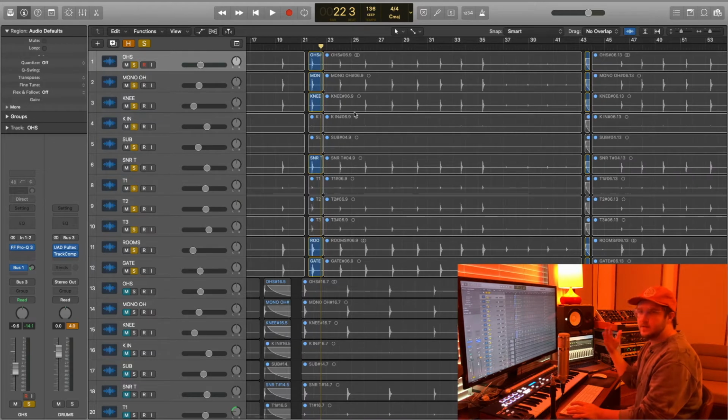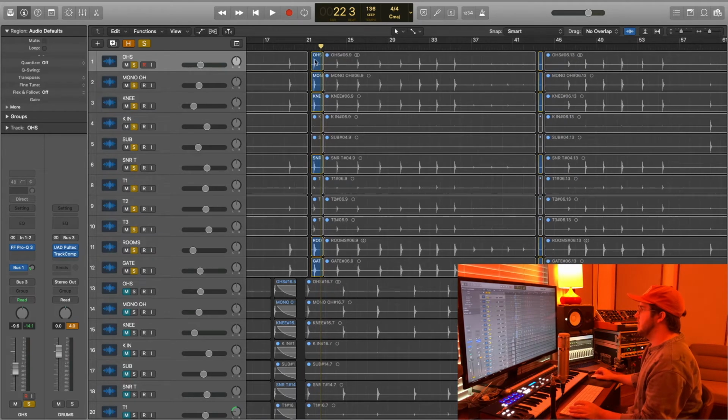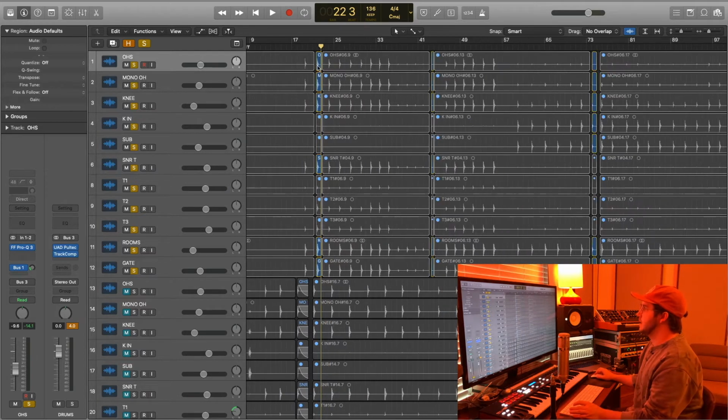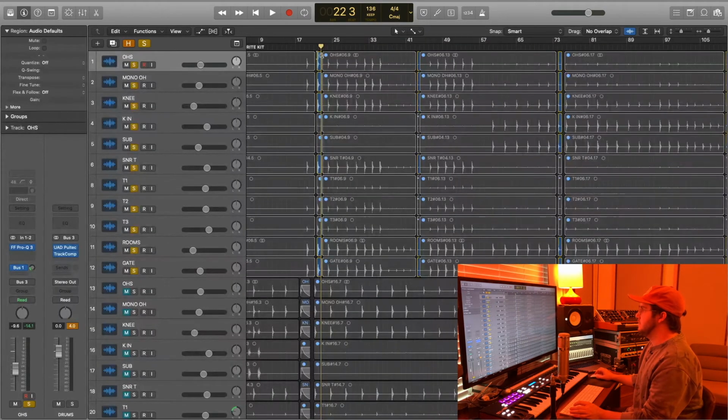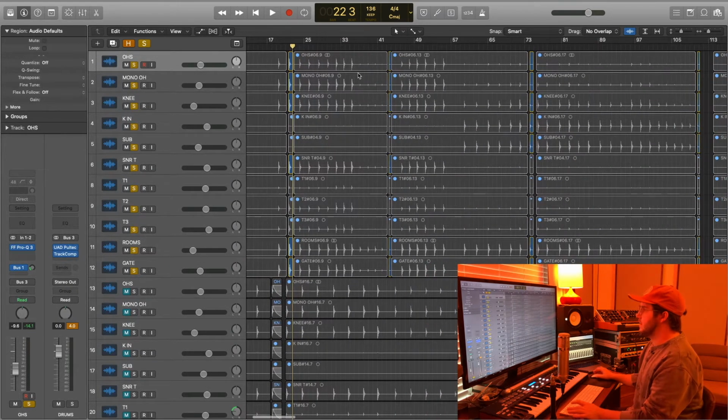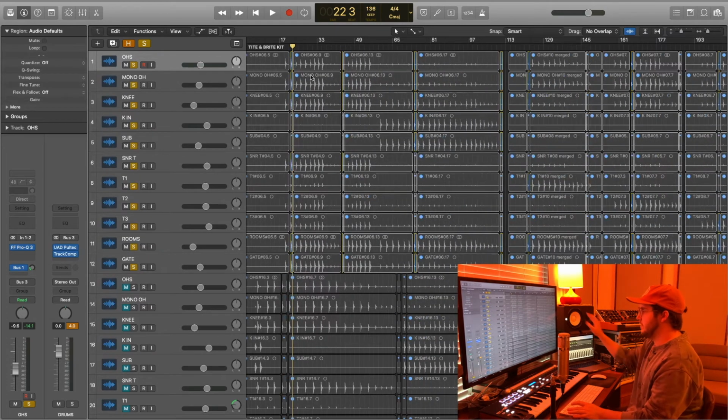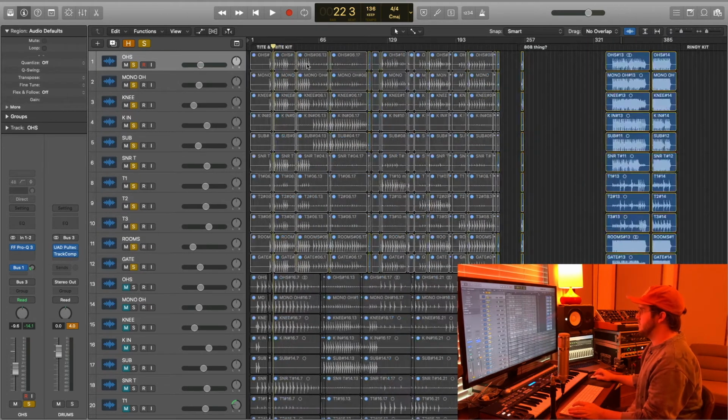I don't have a set amount that I do. I just go until I feel like I have enough to choose from. And then the ones that are unmuted, which are the ones that are blue, are the hit that I chose. So basically I would go through and pick my favorite. But let me get back to that in a second. That's getting ahead of myself a little bit. I want to talk about something else first. But just to explain what all this is, those are all the actual one-shot recordings. What I actually do first thing,